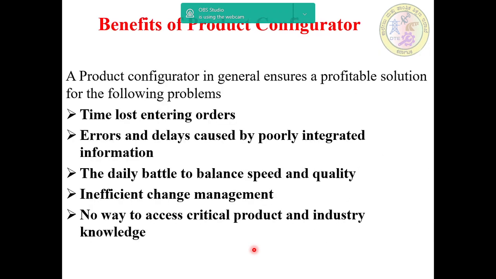Next we'll go for benefits of product configurator.